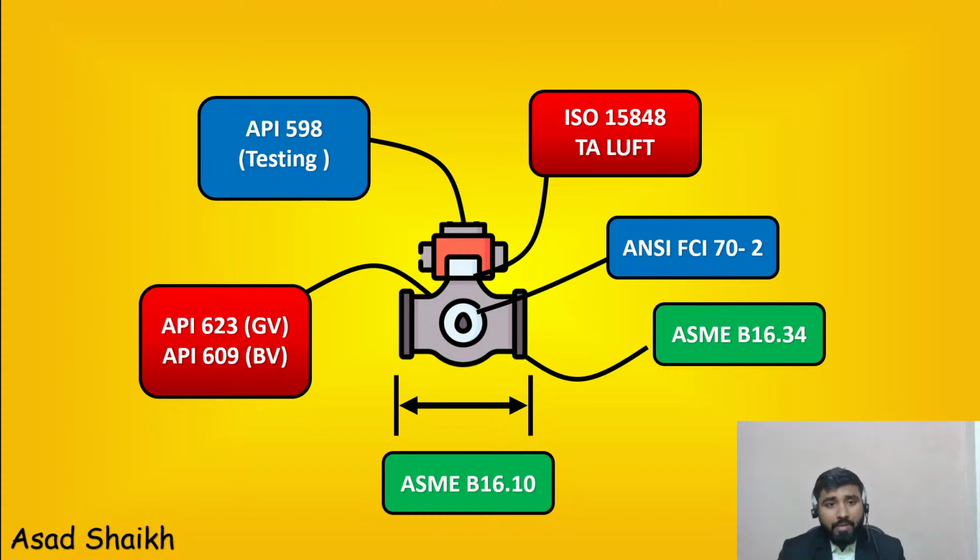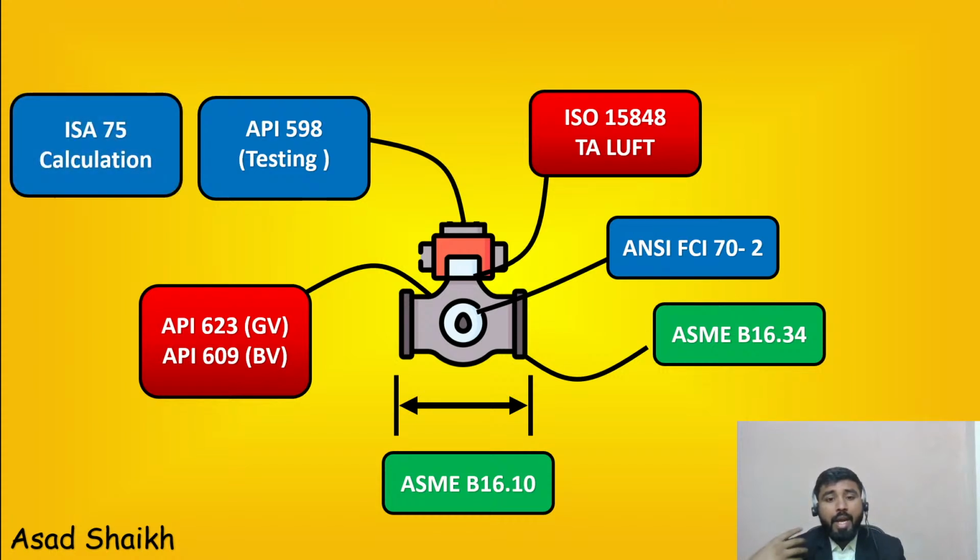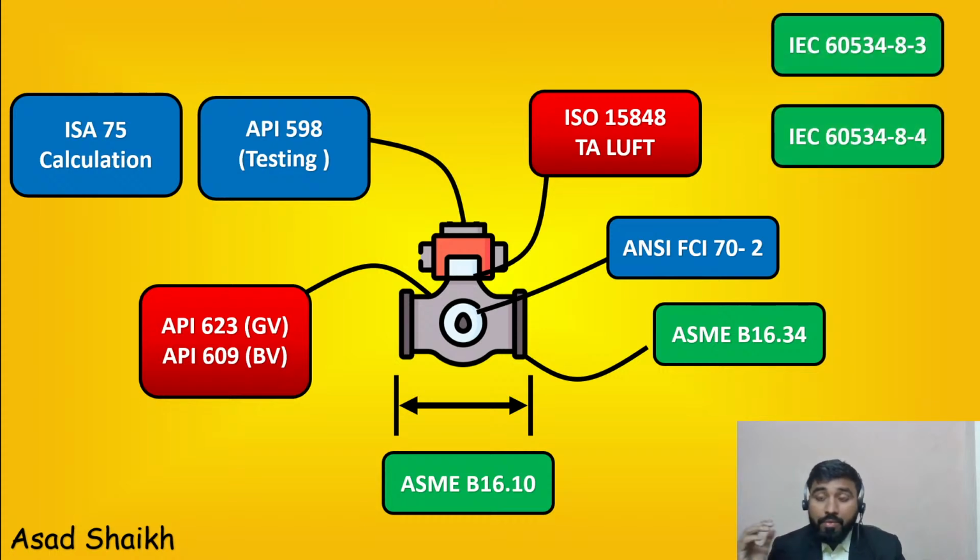The second thing is valve testing, and I wanted to cover calculations, but I was assuming we'll run short of time. So basically here I'll just mention ISA 75, which is further divided into cavitation and cavitation index, and all of those things will come here. And for control valve noise, 3 and 4, I think 3 stands for gas and 4 stands for liquid. So the noise calculations have to be done.